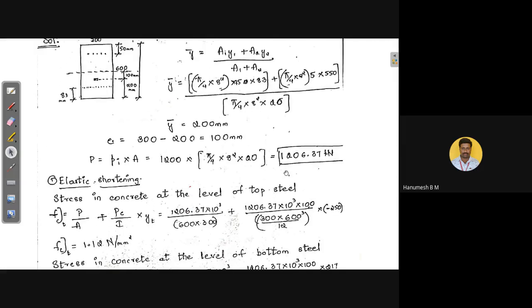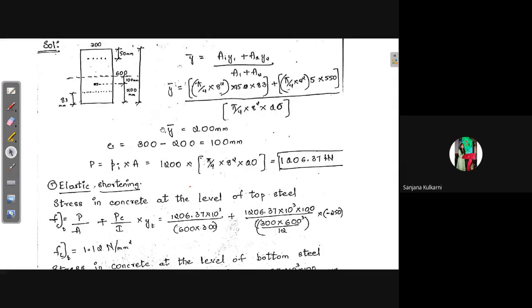At the level of top steel. Top steel ಅಲ್ಲಿ Sir, ಅಂದ್ರೆ top steel position ಅಲ್ಲಿ central axis. Centroidal axis. CG of the concrete means exactly at the geometrical center of the concrete. Geometrical center overall depth ಎಷ್ಟಿದೆ? 600 ಇದೆ. Means at this level means 300 from both the ends. ಹೌದಾ? So this is the centroidal axis of the concrete. ಕಾಣ್ತಾ ಇದೆನಾ? Yes, sir. So this is the CG of the concrete. At the level of top steel ಅಂದ್ರೆ position ಏನಿದೆ?